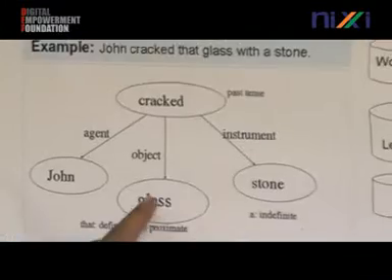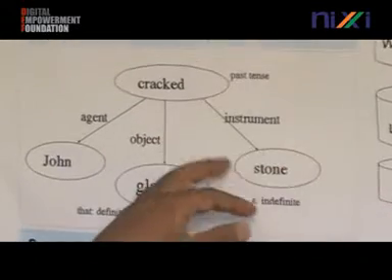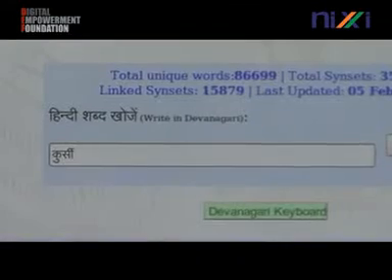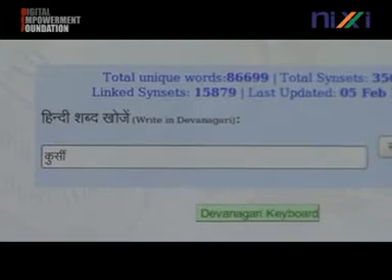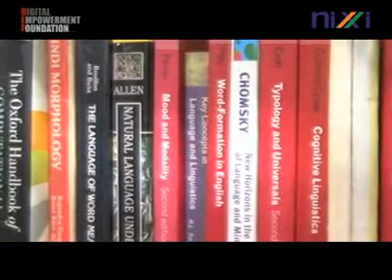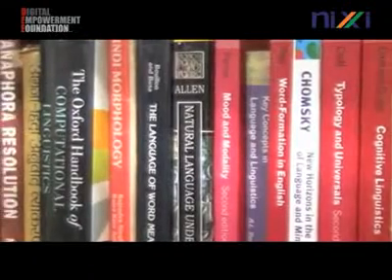And an important point is that whenever we hear a word, by automatic association, we can't help it, other words come to our mind. The way you associate glass with cracked or stone is what Hindi Wordnet is trying to capture. It is a structure in the form of a computer software which tries to capture word associations. It follows the tradition of English Wordnet and European Wordnet and began over a decade ago.